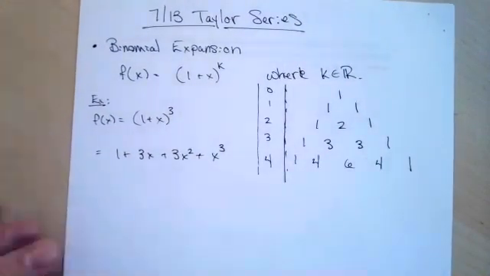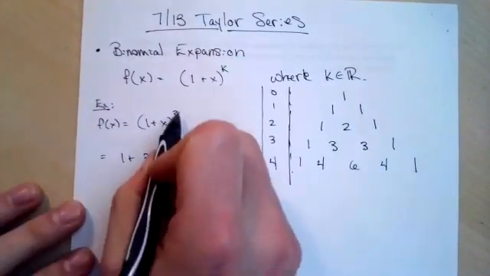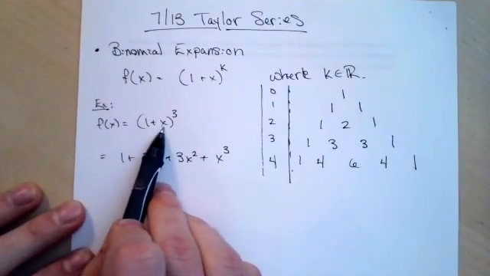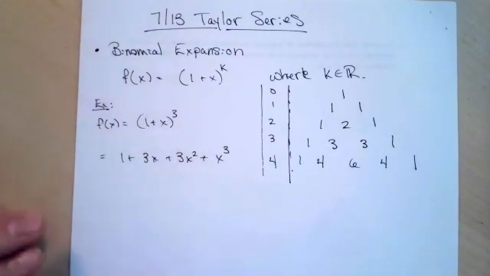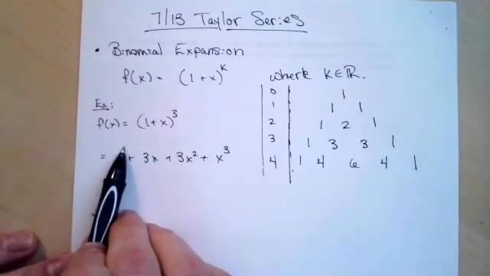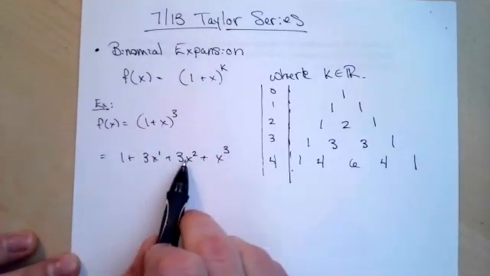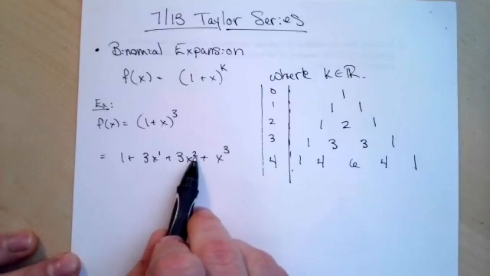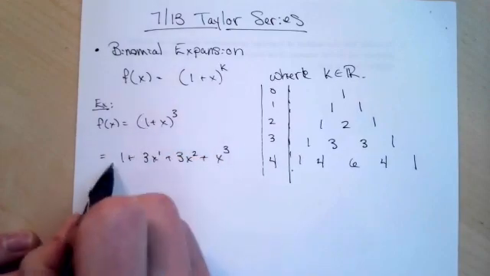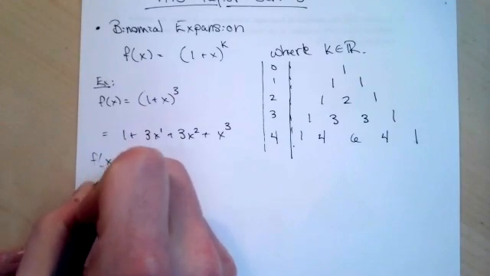So if Pascal's triangle gives us the formula for the coefficients, then for the exponents, you want to think of each term as a product of two terms, where the sum of the degrees is equal to 3. So you can think of this one as 1^3, this one as 1^2 times x^1, 1^1 times x^2, and then 1^0 times x^3. If we had changed this to a y, we would see the y's there. So I guess to illustrate that,